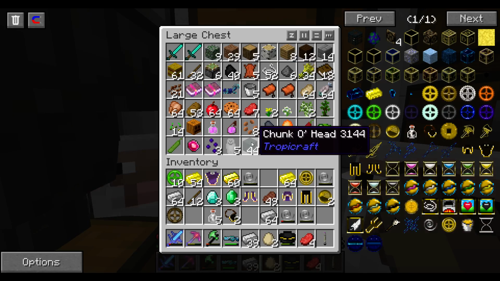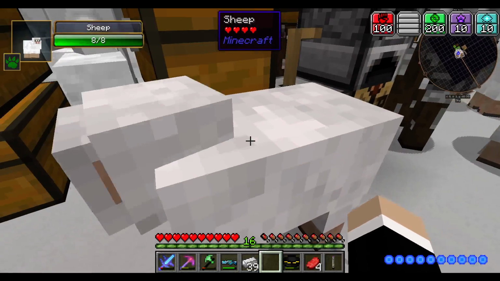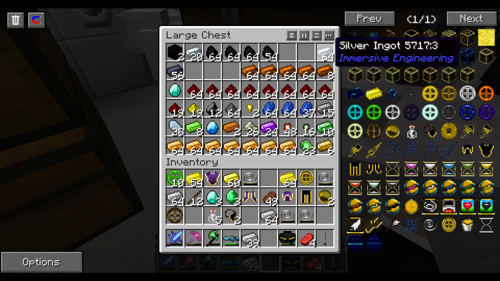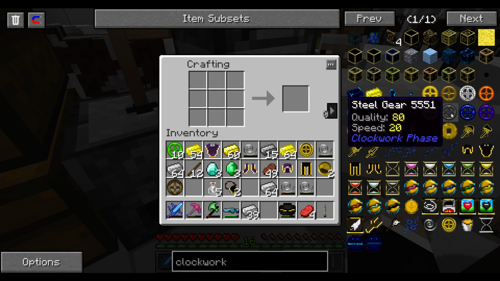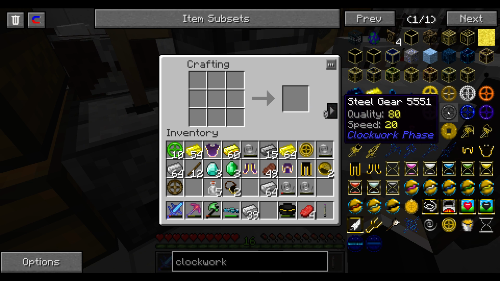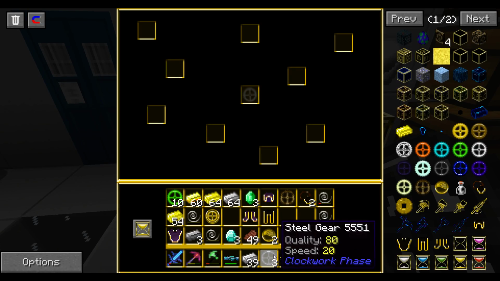If we add, there's some other metals you can make the springs out of. The steel gear has 80 quality and 20 speed. We just looted some steel. The animals are really getting annoying, but it's okay. We will take care of them later. Let's make some steel gears. Steel is 80-20, iron is 45-25. So steel has much better quality, but not as much speed, so maybe good for...